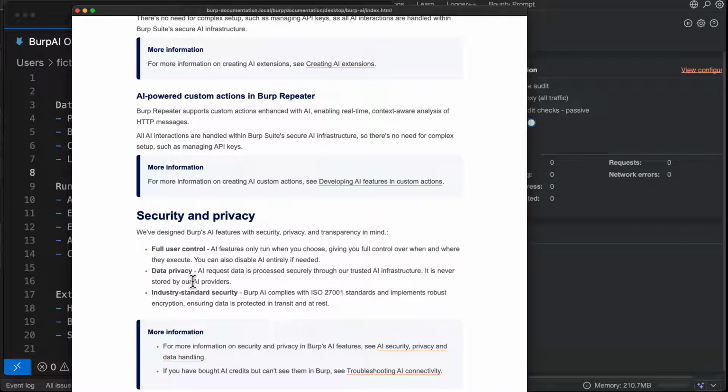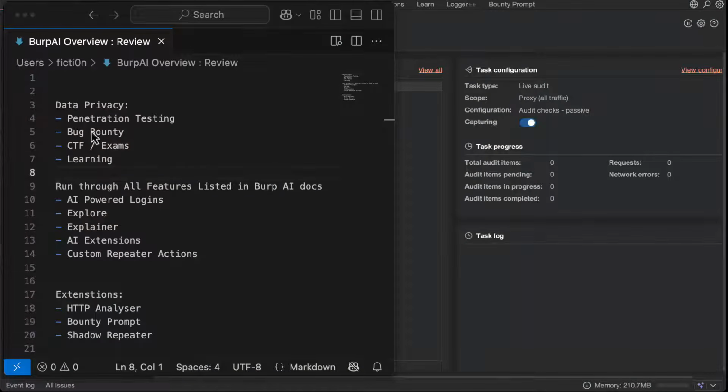regardless of where they're storing it and how it is utilized. So with that said, what is this appropriate for? Penetration testing? Well, I would say absolutely not, because you have clients or you have customers or you have your corporation you work for. And depending what that is, whether it's PCI or HIPAA or something else over in the EU, that data should not be stored anywhere else, even if it is ISO compliant, because you don't have control over it. And if you are doing your job and your due diligence to whoever it is you're doing a penetration test for, you will not use these features on that test. However, that is up to you, but that is my stance on it and what I would do